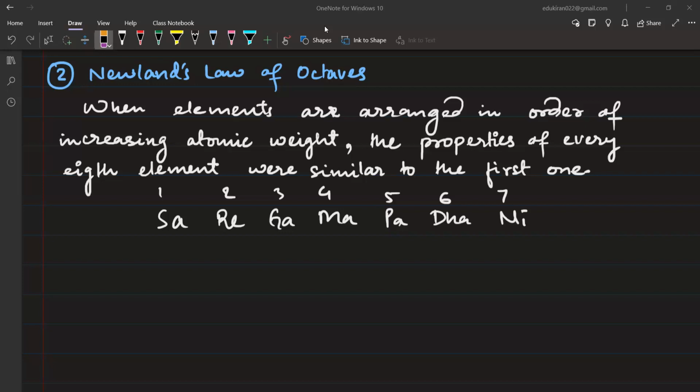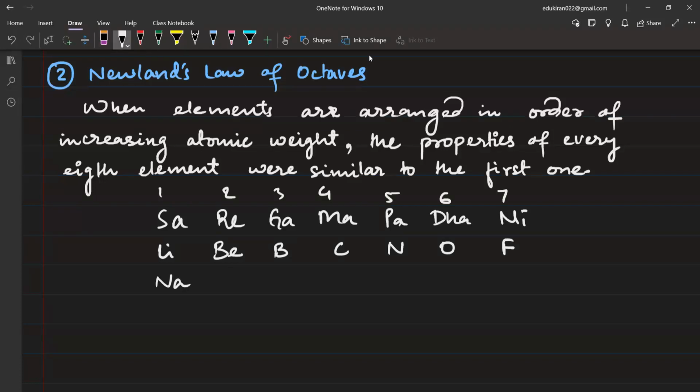As you can see, that is quite universal, at least in this world where music and people are there. Whether you start from Western music or Indian classical music, you get the same thing. So maybe this has something to do with chemistry also. Then he arranged things like that: lithium, beryllium, boron, carbon, nitrogen, oxygen, fluorine.